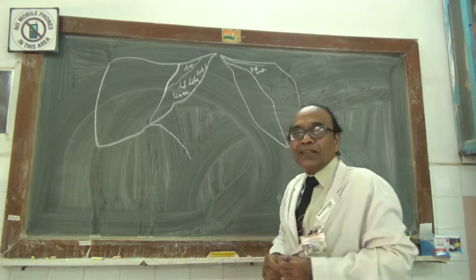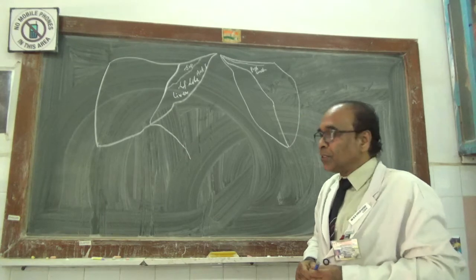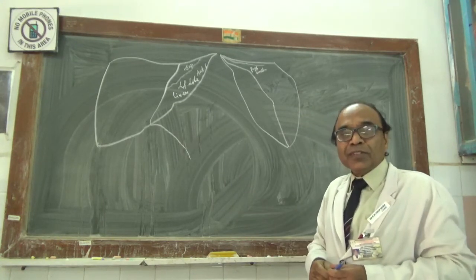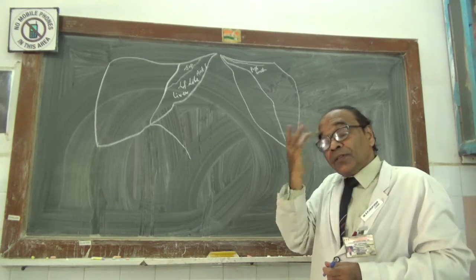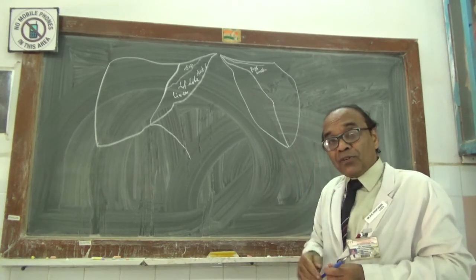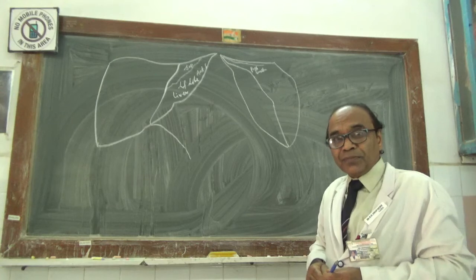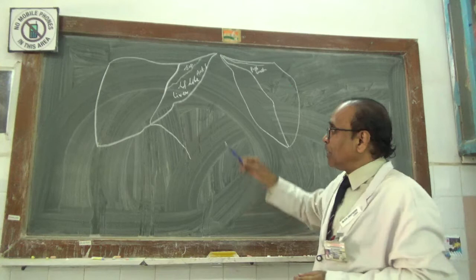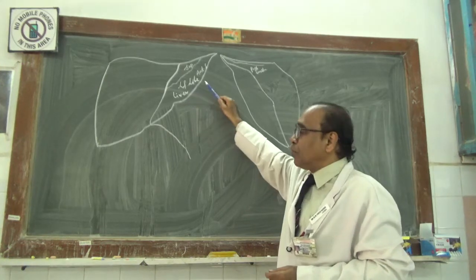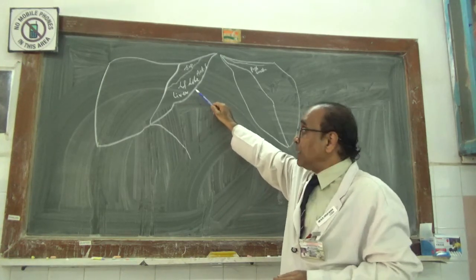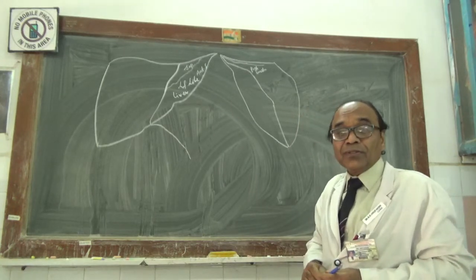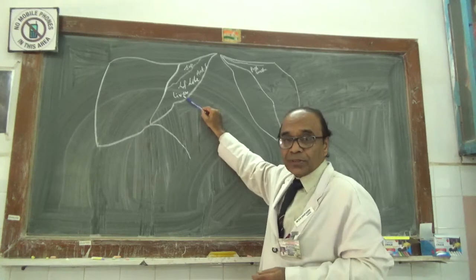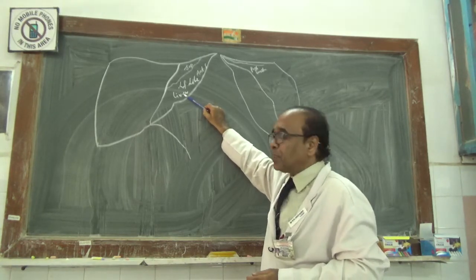Now this anterior surface of the left lobe of the liver, which is directing forward, is related to the posterior surface of the xiphoid part of the sternum and xiphoid fibers of the diaphragm, as well as the undersurface of the left lobe of the diaphragm and the part of the central tendon of the diaphragm, which will be the anterior most portion.